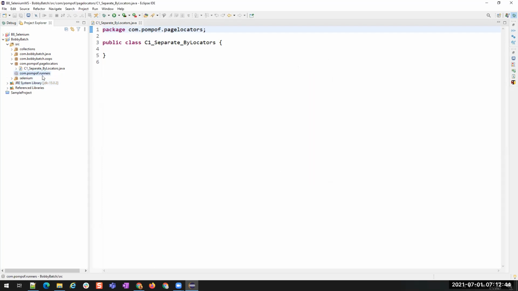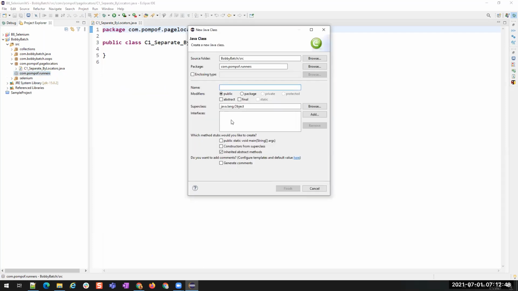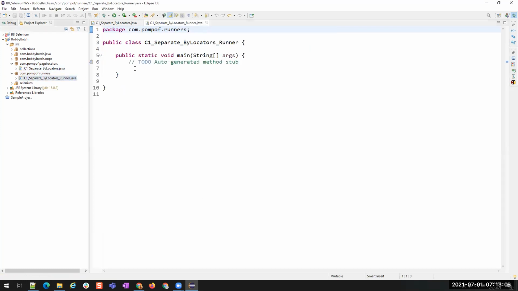com.pompf.runners. Okay, in this I'll create a class, separate by locators, runner. This is the runner class, so I need a main method. All right. So now, as promised or as discussed, what I want to do is I want to just a